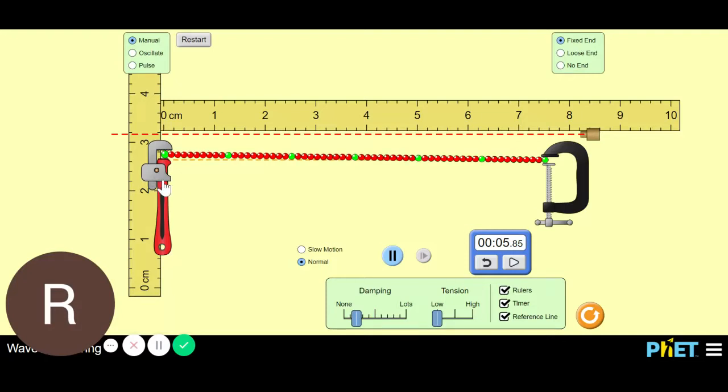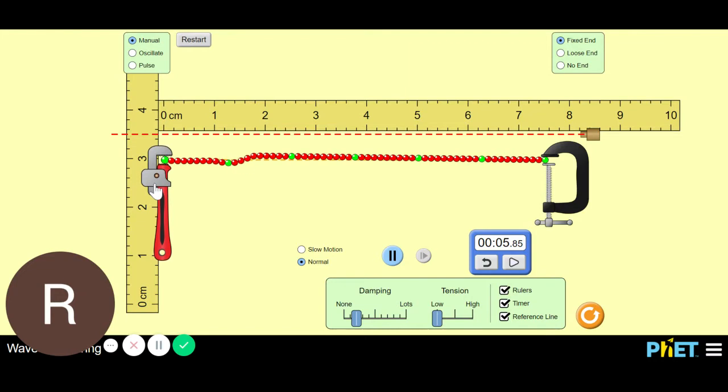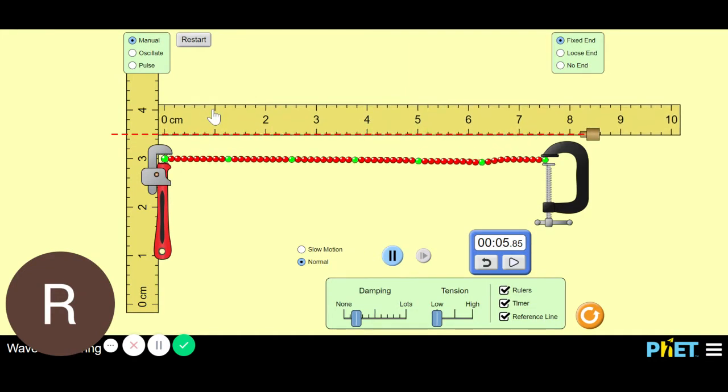So in this PhET, you actually have the opportunity to do things. For example, I can go ahead and move this ruler around here. So I'm going to have everything start at 3. I'm going to just be sure everything is aligned. Okay. And what's cool about this PhET is that you can go ahead and actually create a few